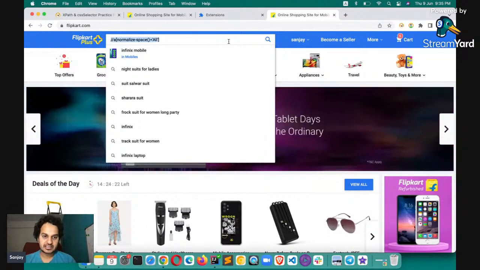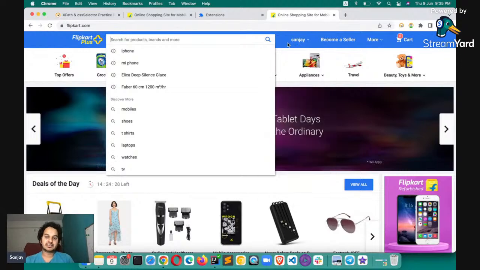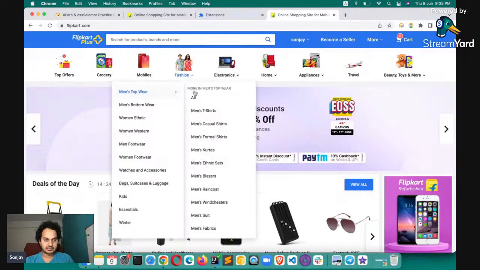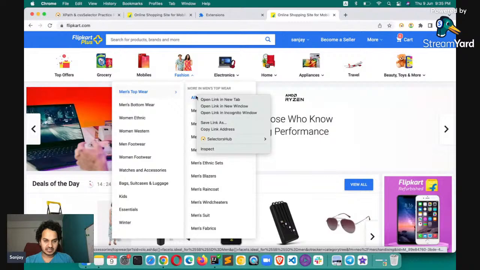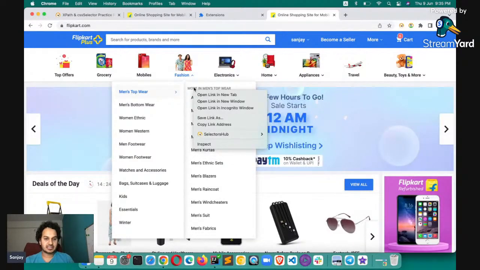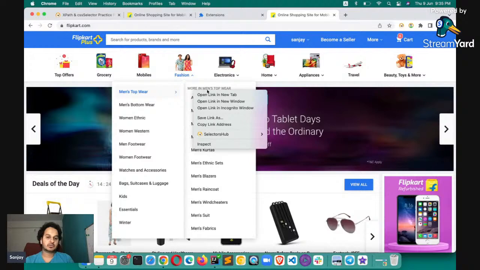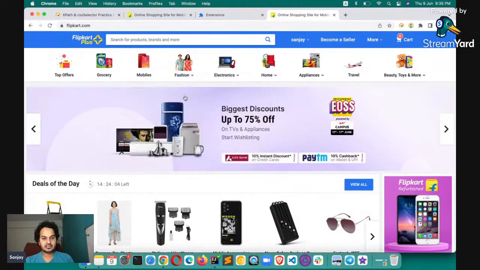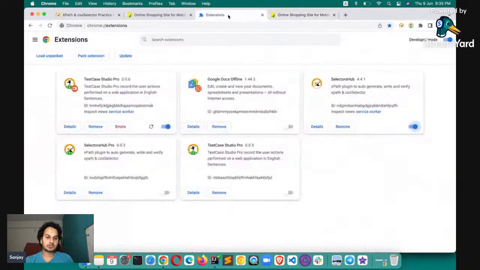But is it possible to see the value before copying, before selecting it? Many times it happens that when you right click, you might right click on this corner, or by mistake click on this More in Men's Top Wear, or somewhere else, and some other wrong element gets copied. But now in SelectorSub Pro,